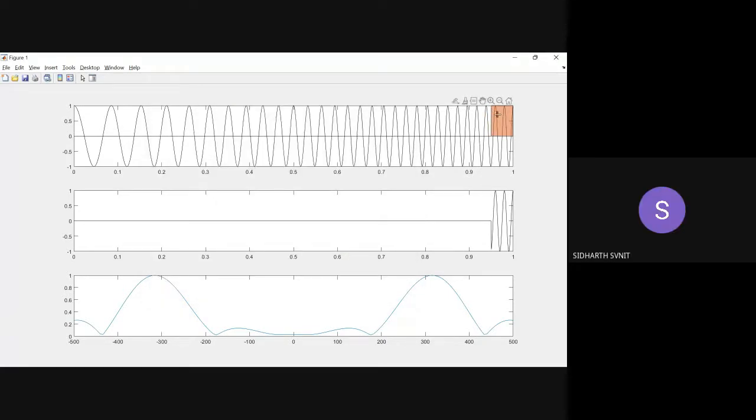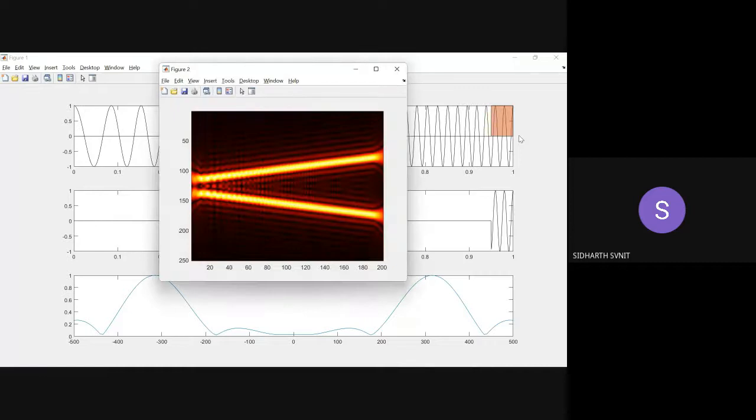Clear? Sir, the graph is actually from 250 to 50 in the descending order, right? Don't worry about that. That is in pixel number. I haven't converted that into frequency. So don't look at the axis numbers, because even on the x-axis it is not time. It is basically the pixel number or the index. Only look at the image.